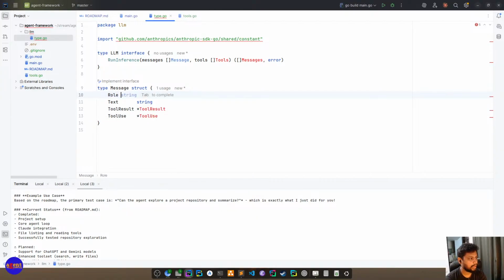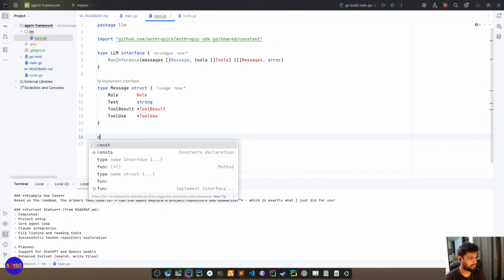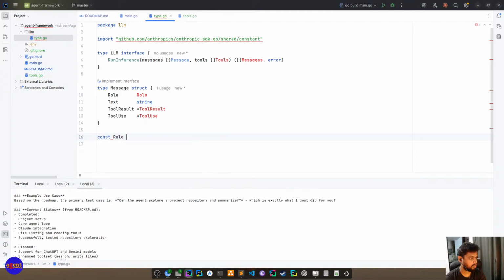Then the other thing we need is a role. So each message, when we send it back to the LLM, we need to specify whether it's a system message or a user message, and role.